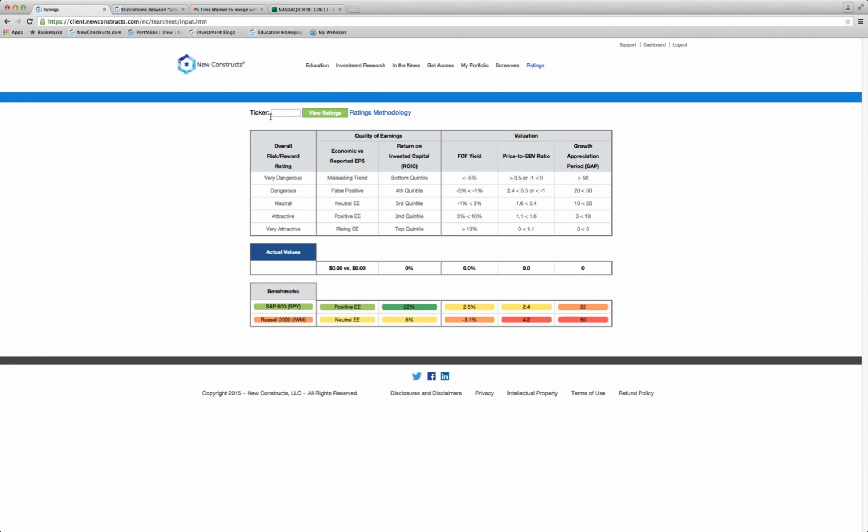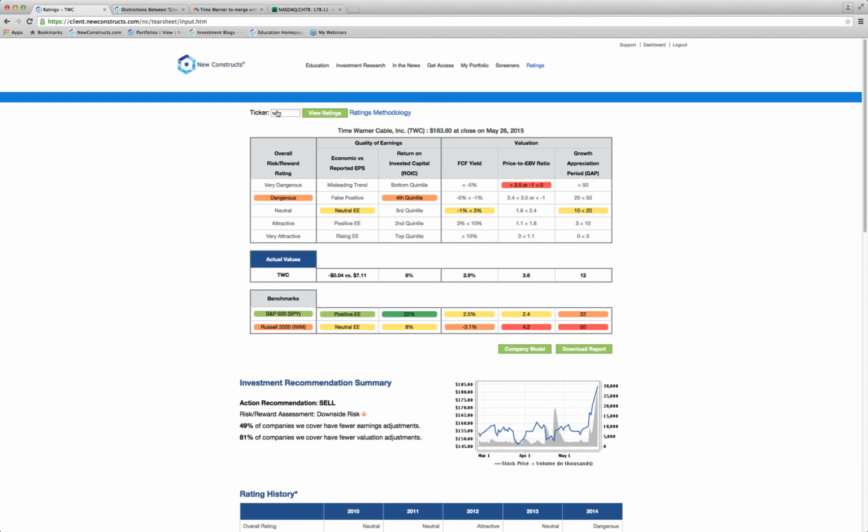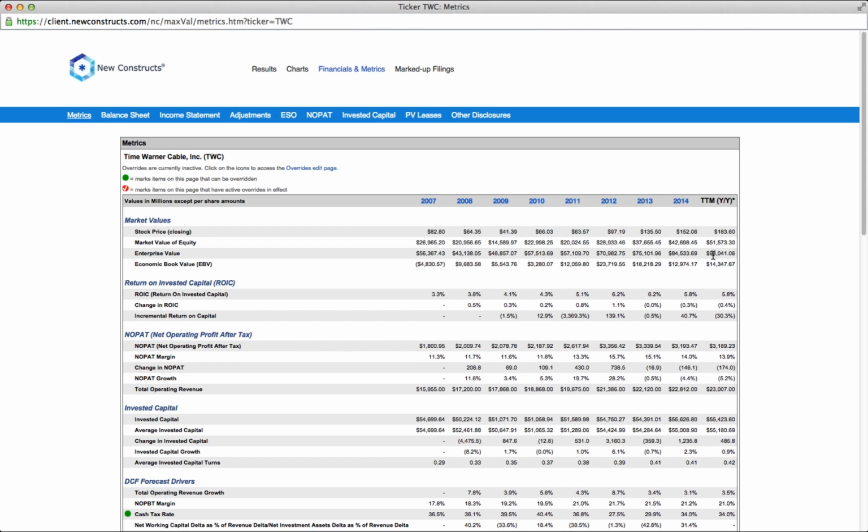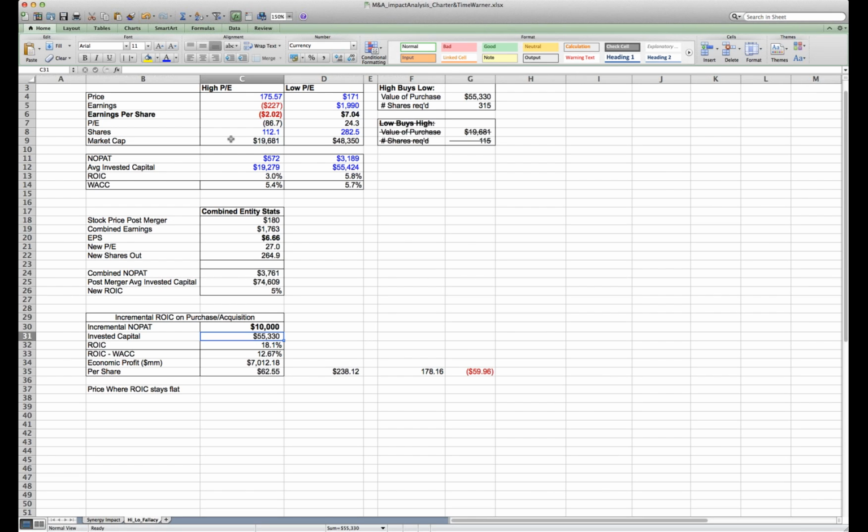So we'll just go to our TWC model and I'm going to get the enterprise value. So the non-equity portion is about, let's see, 93 minus 51. We're just going to say 42 billion. So we would add,